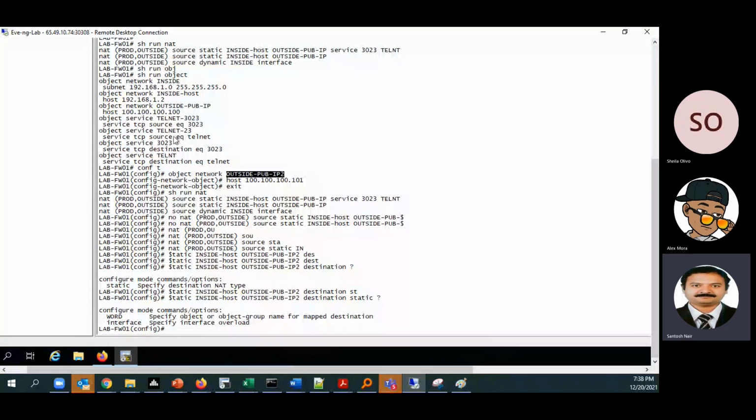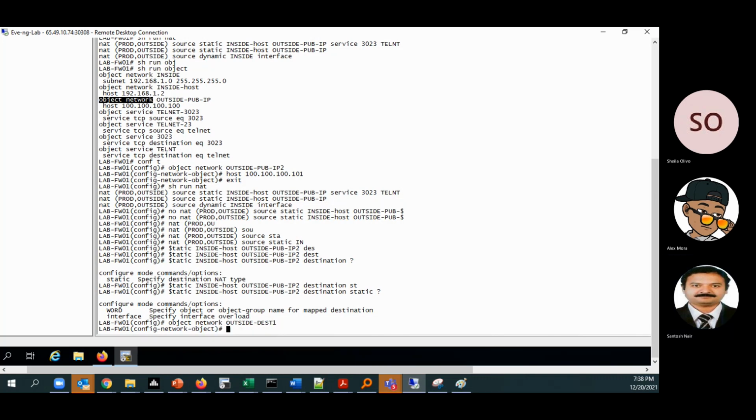So let's create an object for destination: outside dest, 100.100.100.2.